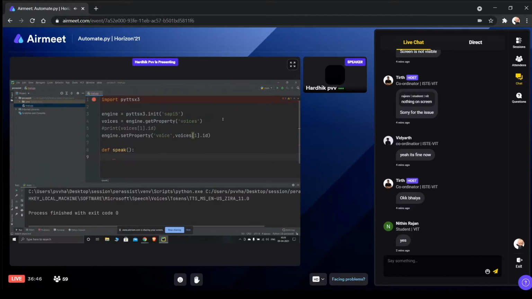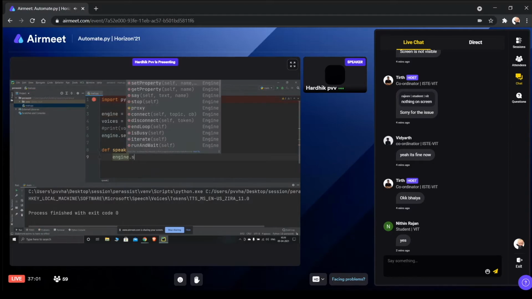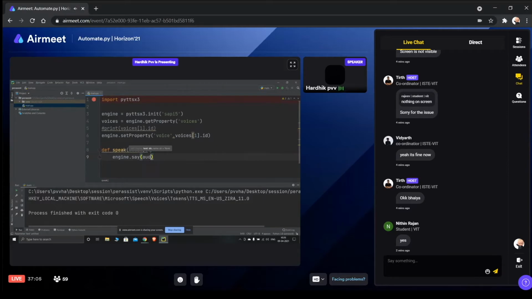Let us say the speak argument is audio. Whatever is there in place of audio, it needs to speak out. To speak that out, we say engine dot say, and what we need to say is audio. So whenever any text is there in place of audio, the engine needs to speak it out. That is what the speak function is.